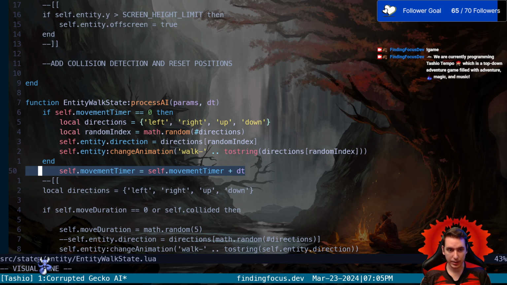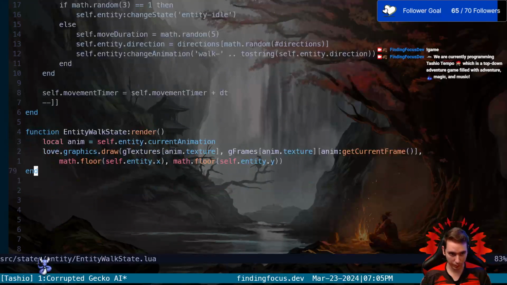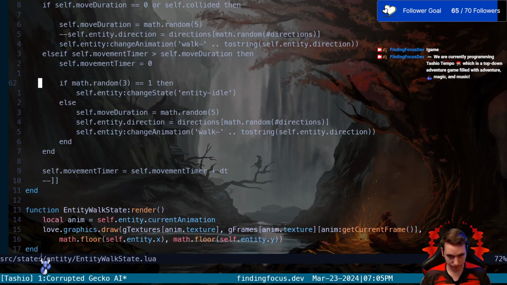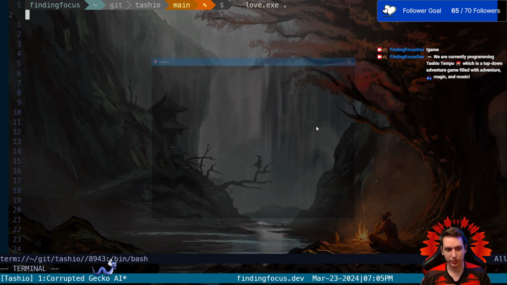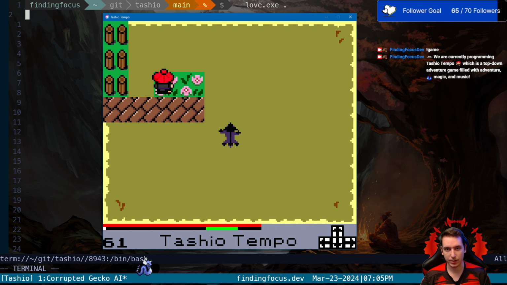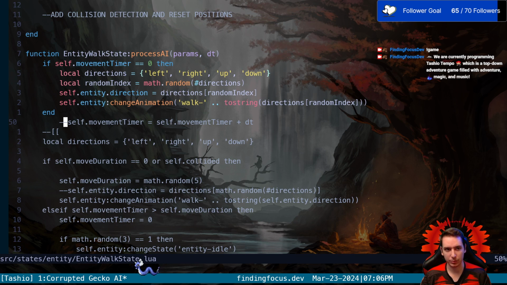And then we go ahead and increment that movement timer so that we only set the direction once. If we don't do this, watch what happens. It'll just set a random direction every single frame. And we get some logic like that, which is to be expected if we keep setting a random direction every